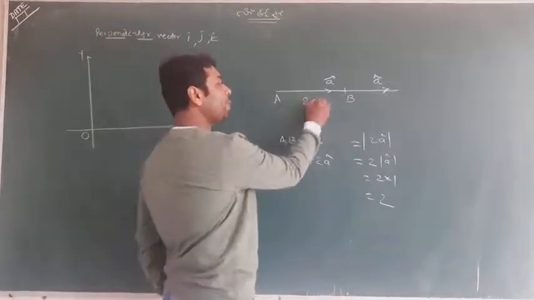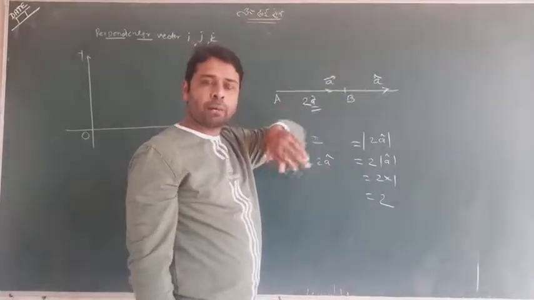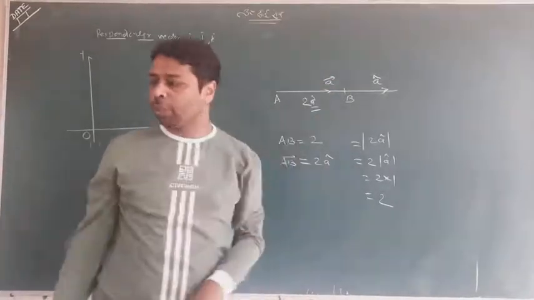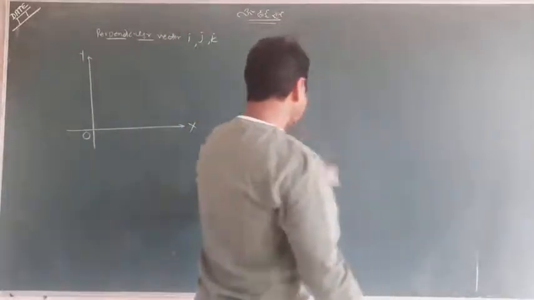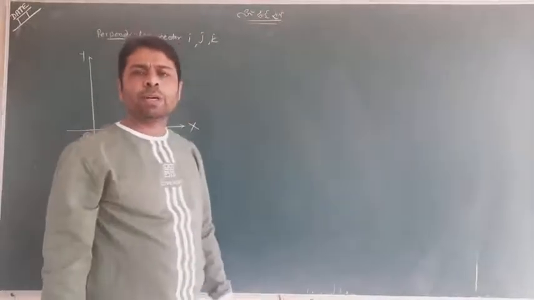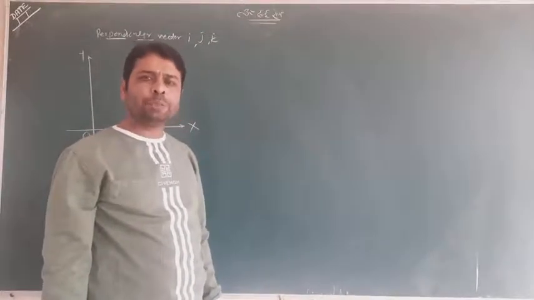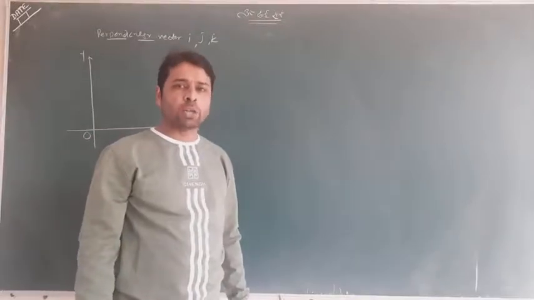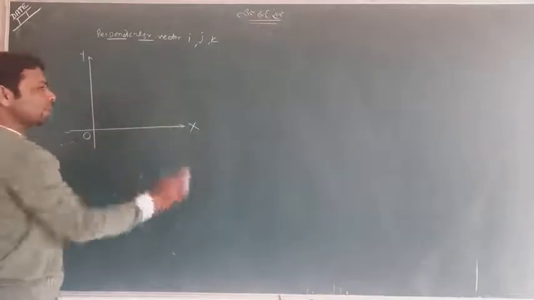And what is a cap? a cap is a unit vector taken along the vector a. So this is the thing. Please try to understand. Whenever a distance is given and you want to turn that distance into a vector, you have to take the unit vector along the same direction. Same as I am telling you here. Try to understand the thing.